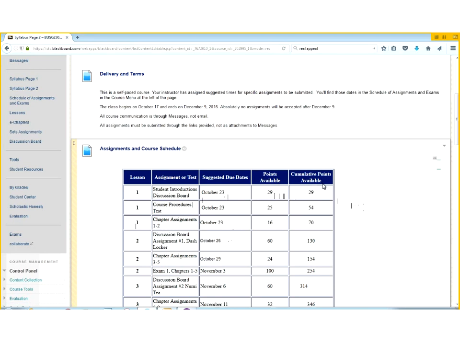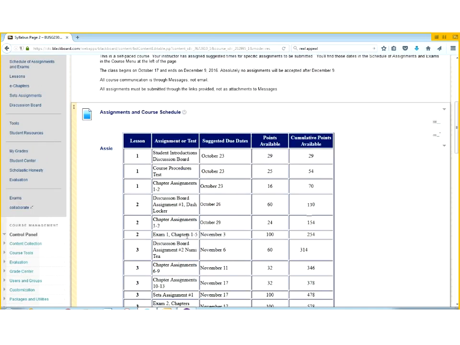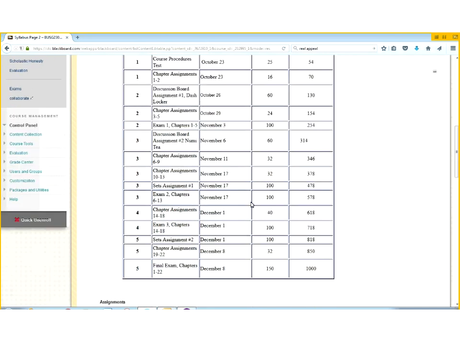To the right, you've accumulated 29. Let's run on down here to exam chapters 1 through 5. If you complete that by November 3rd, and you've completed all the other assignments, you'll have 254 points if you've done work perfectly. These are very important, these dates and the assignments.